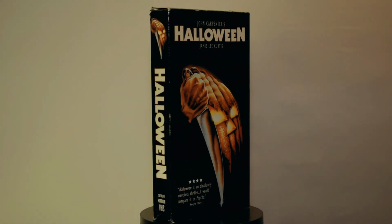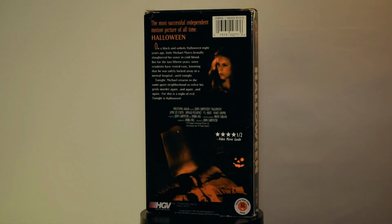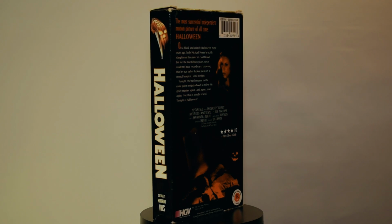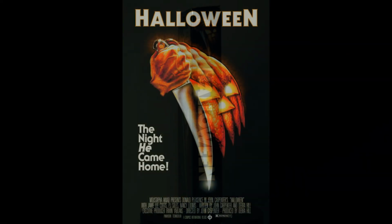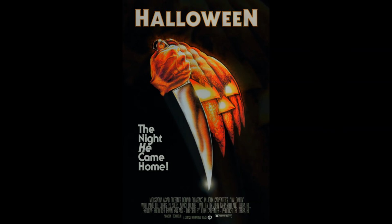Now let's take a look at Halloween on VHS. This VHS copy from 1998 features the original Halloween movie poster art with some amendments. Rather than the tagline, "The Night He Came Home," as often found on the original poster, this VHS cover now